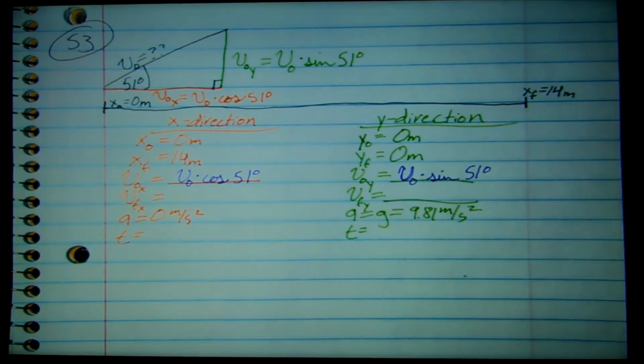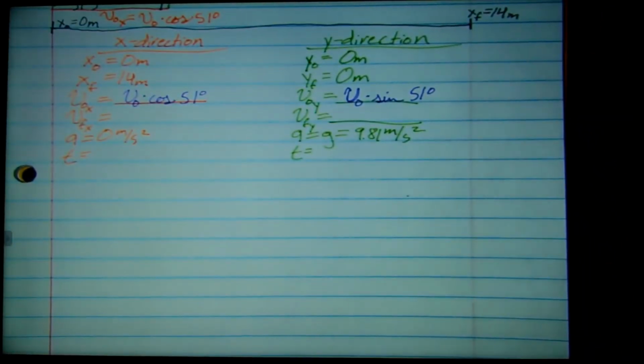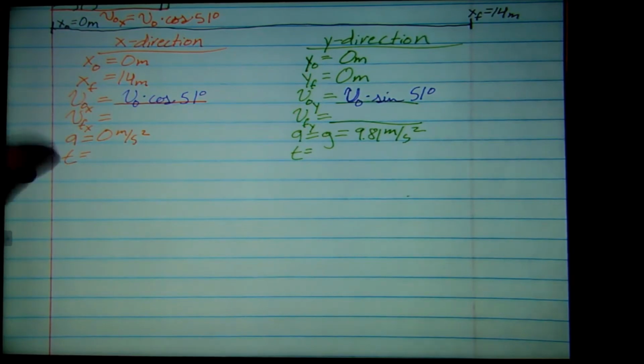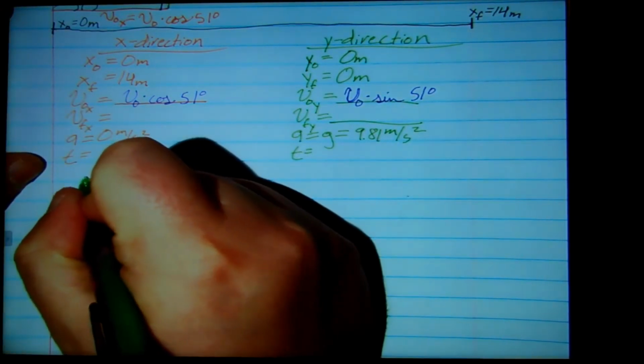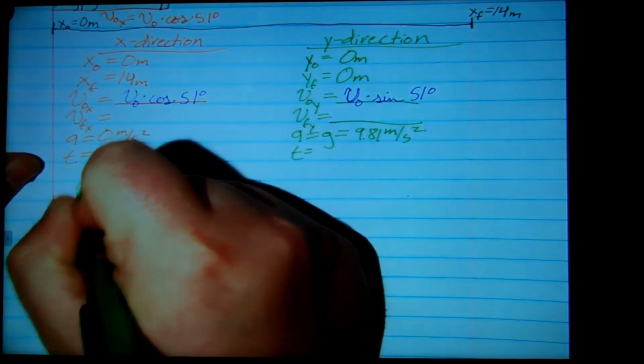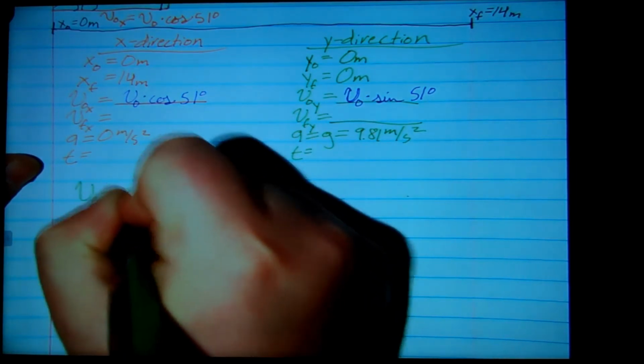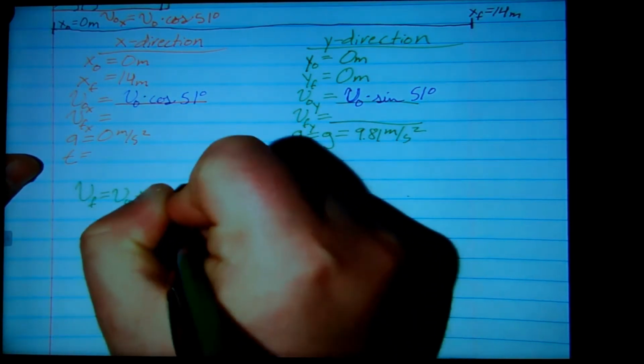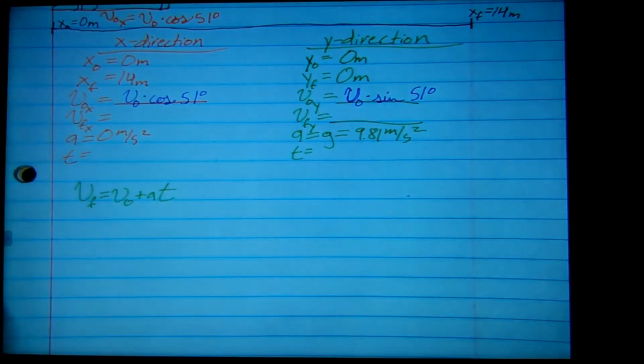So to do that, I first said let's start in the y direction. So we're going to have to move some things around to where it'll adjust and work for us. Working in the y direction, I ended up going with this formula: final velocity equals initial velocity plus acceleration times time. The reason behind why we do that